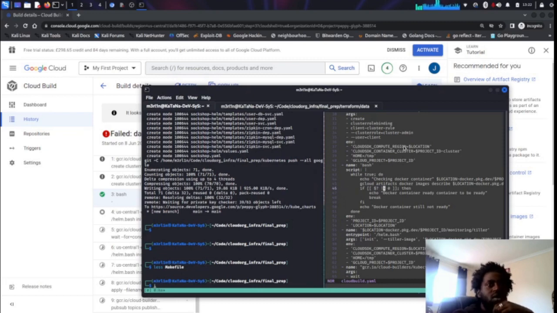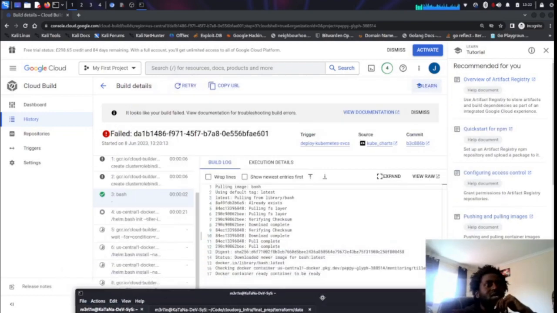Are we still here? Oh, this is annoying, man. I swear I fixed this. So if it equals 0, then the Docker container is ready, then break. Then move on to the next section, which is the deployment of the tiller. But it's acting as though